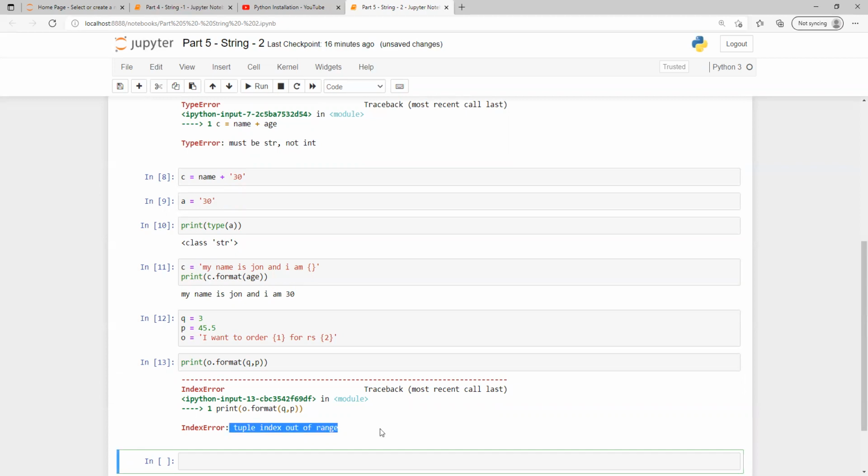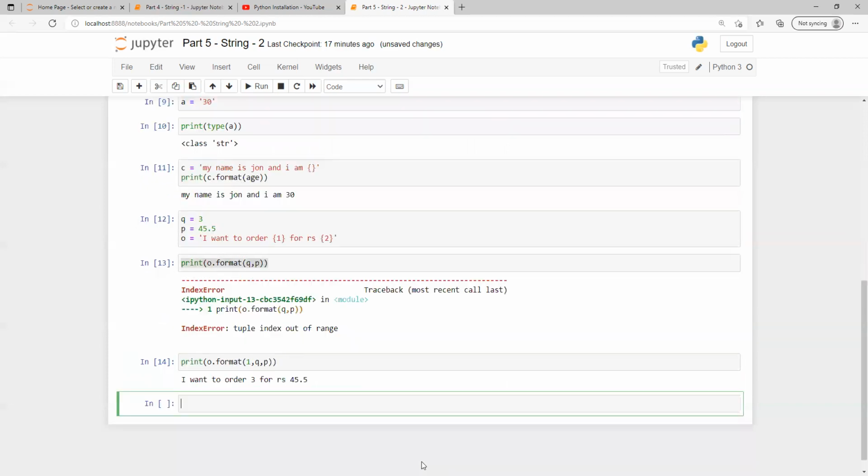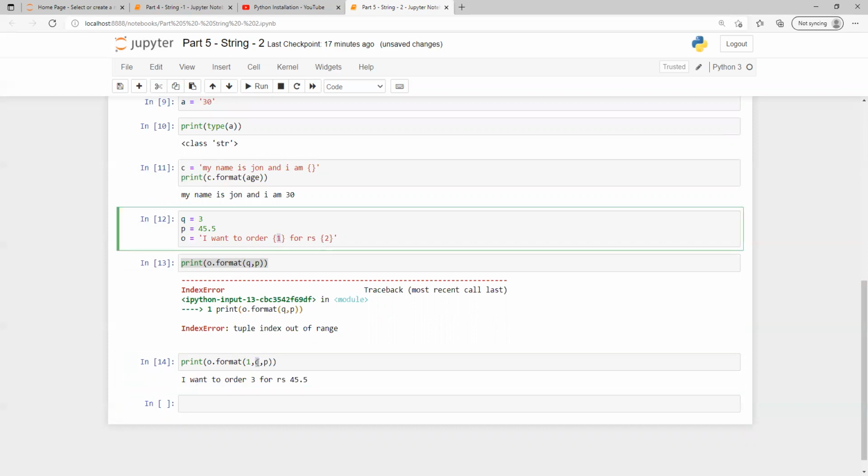It's stating an index error. The reason behind that, as we learned previously also, is that it will start with 0 and then go with 1 and 2. So here I passed only 2. To fix this, if I go back here, I can pass one more value of 1, sorry, my bad. And now if we run that, we can see that I wanted to order, I passed 2 here and I put that first order. First place, so this is starting with 0, 1 and 2. So it took the first place as 3 and the p value as the second.